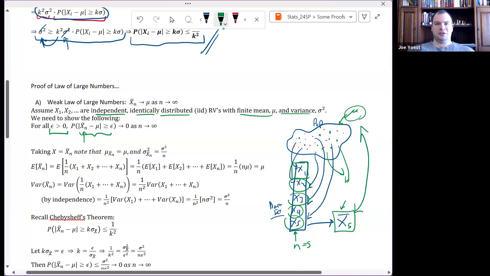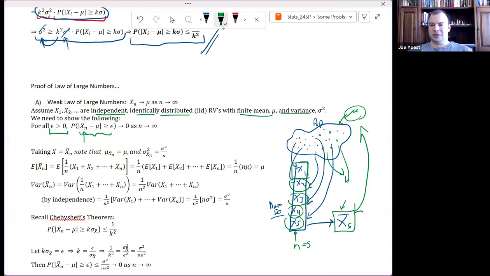Remember, the reason that we're taking a sample is because we want to know something about the population, but we don't have the resources to access the whole population. So we're taking a sample and maybe computing x bar and hoping that that's a good estimate of mu. What the weak law of large numbers says is that as my sample size gets larger and larger, my sample mean approaches mu, the true mean. As I take a larger and larger sample, my sample mean computed on that bigger and bigger data set gets closer and closer to the actual population mean mu.